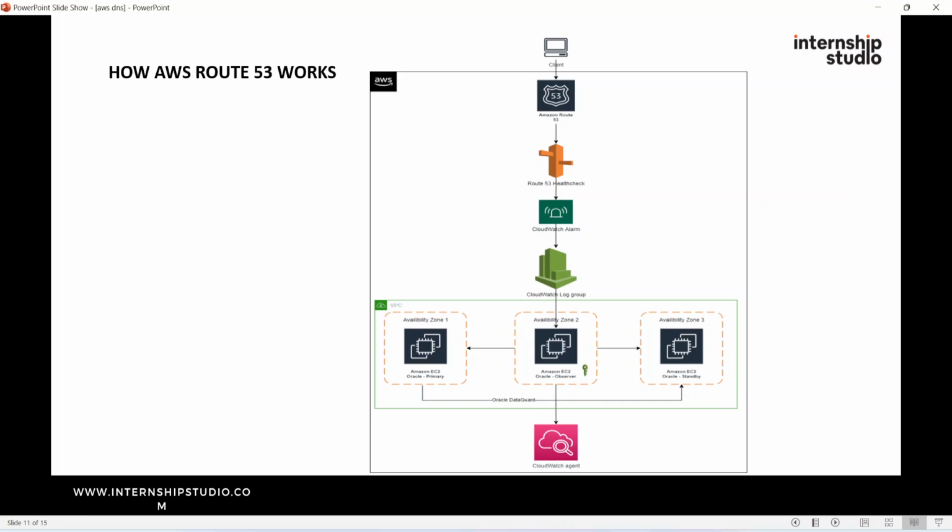So now we'll understand this generic architecture diagram about how AWS Route 53 works. So we have this small integrated setup where we have Route 53 with health checks, CloudWatch alarms, CloudWatch log groups, and we have three EC2 instances running in different availability zones. So what this integrated setup combines is it uses AWS Route 53 for DNS management and health checks, CloudWatch for